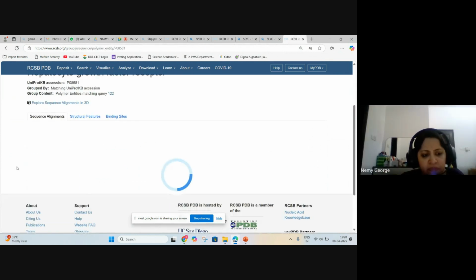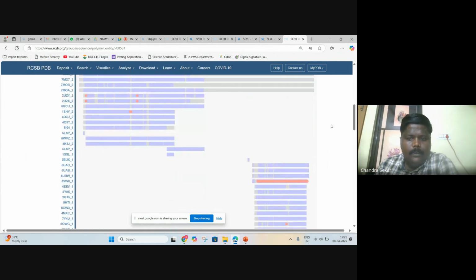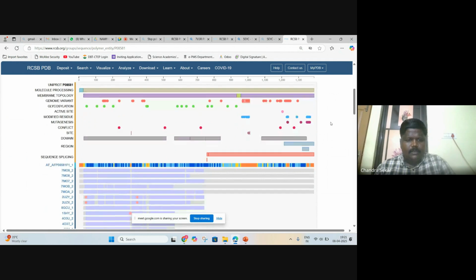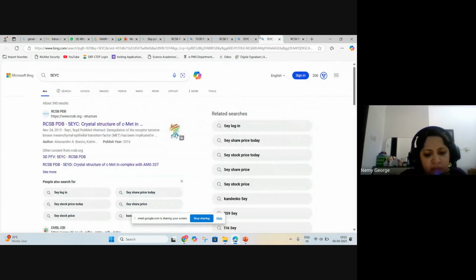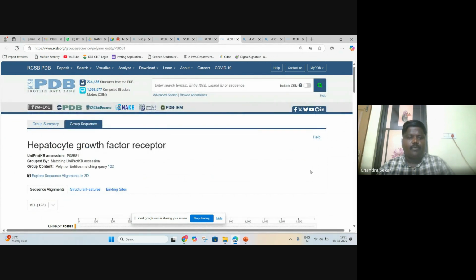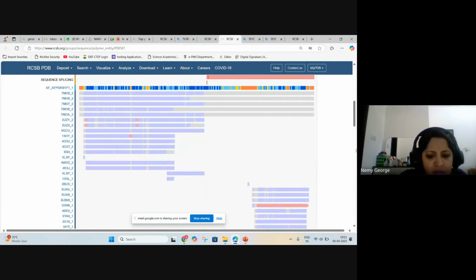So let us go and find in that 508581. Can you see the structural summary? I just click over the domain. There is a domain. When I click, everything is interlinked. You can either click that or open this. When you open this, they are showing the associated proteins for this particular receptor. There are these many associated proteins.